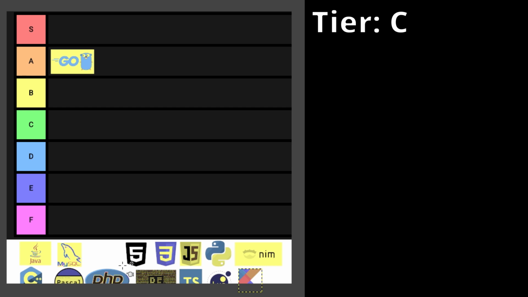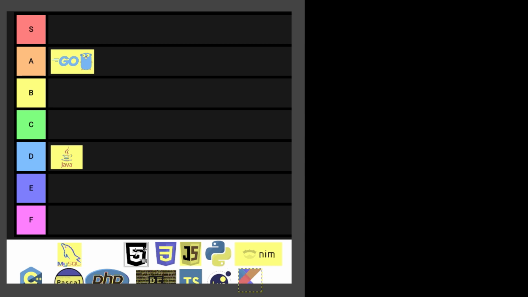But Java itself is pretty disgusting, and right here we can put that in D tier. And this is an example of where just because something is rated in a certain way doesn't mean you should or should not learn it. You should still learn Java if you feel you want to. Even if I gave it a low rating here, it can still be considered a B tier or even higher language. I just ranked it D tier because for me, it didn't really quite cut it.